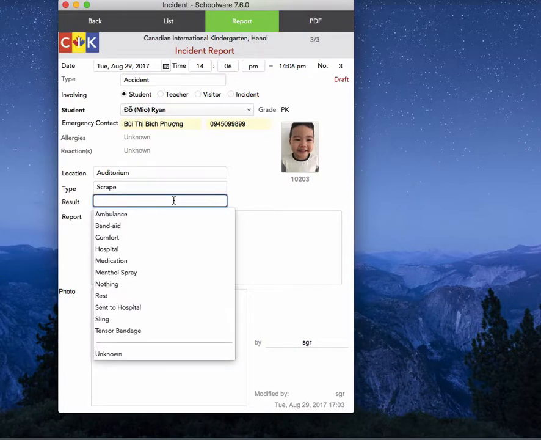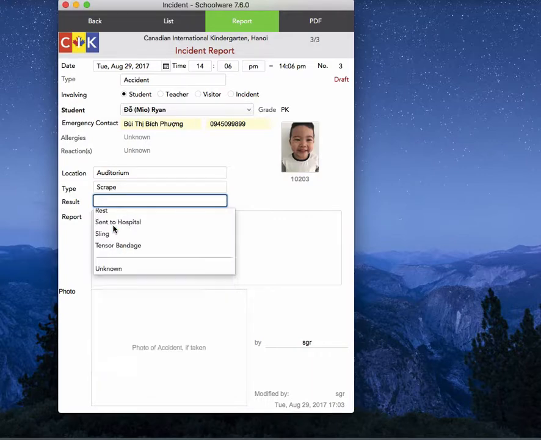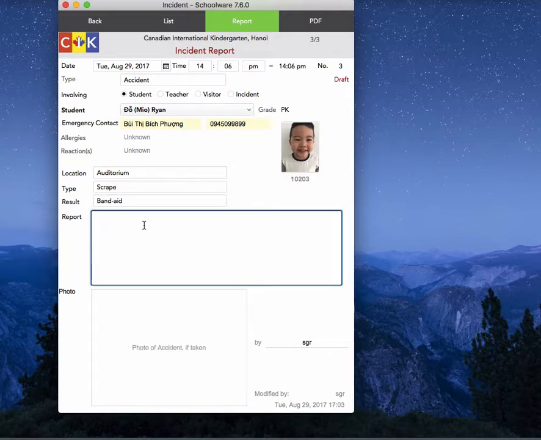The result is what happened. What is the end result? Often they find in a school that a Band-Aid and some comforting seems to solve the problem. Then you can write up a report. And what happened is Johnny was playing ball and stepped out, not to share the blame, but to explain